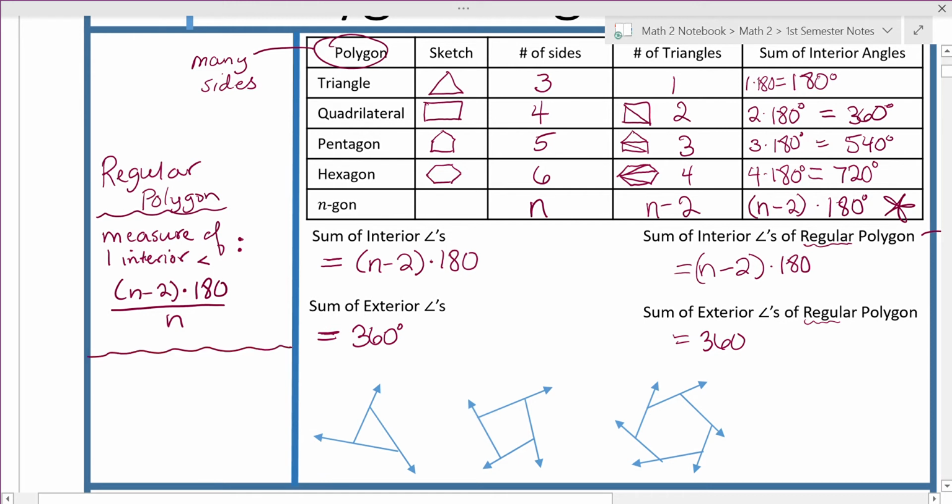So if there are 6 sides in our regular polygon, if we have a regular hexagon, then we would go 6 minus 2 times 180 and then divide that by 6, and that will give us the measure of one of our interior angles. And similarly, right, if we have a regular polygon and we want to find the measure of one exterior angle,